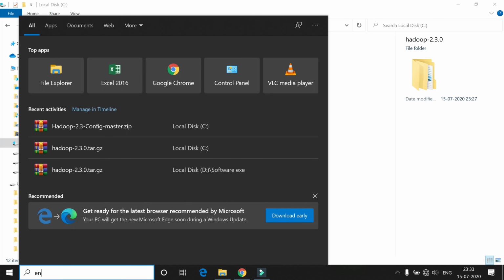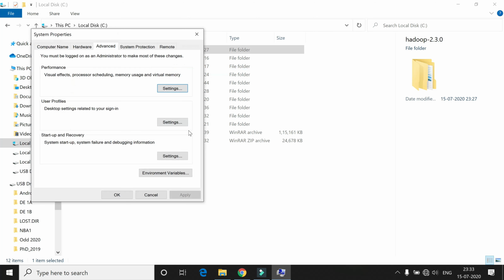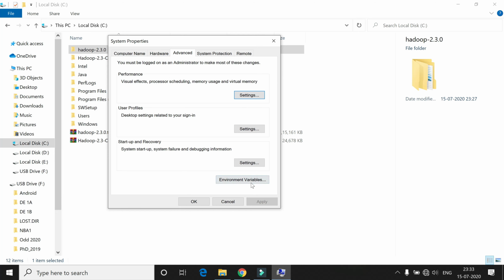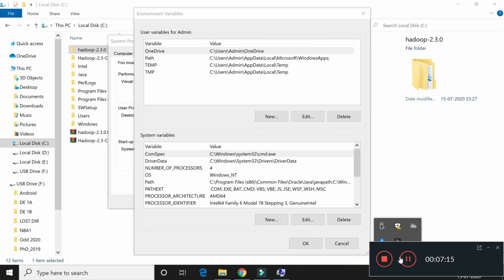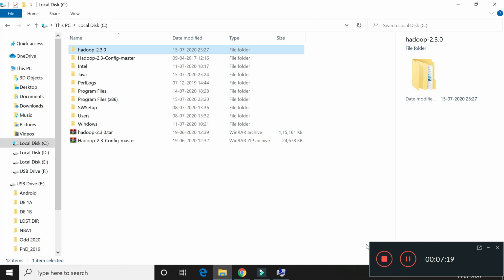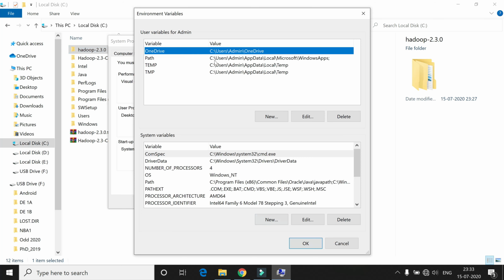For that, open environment variables from the control panel, and then click on environment variables.